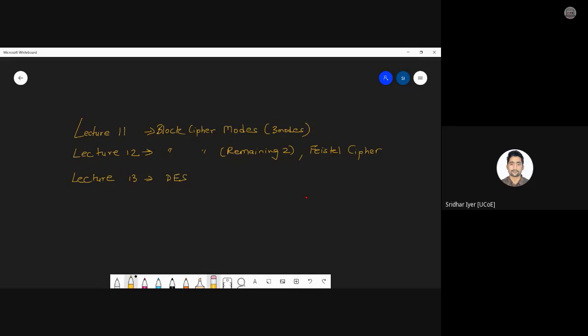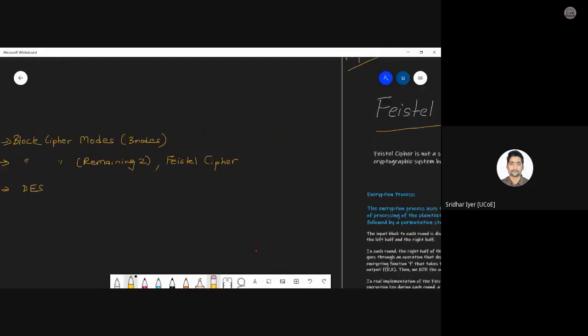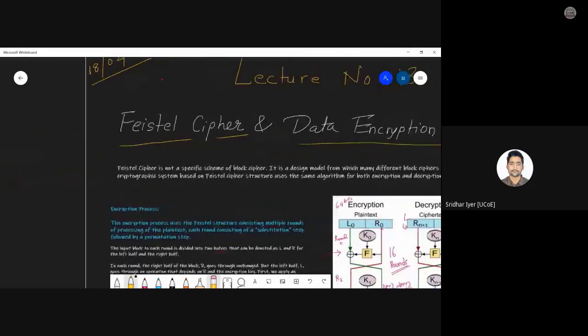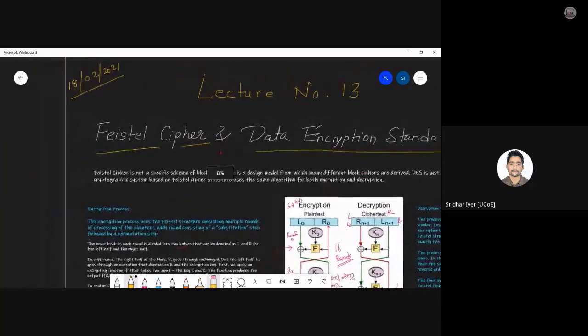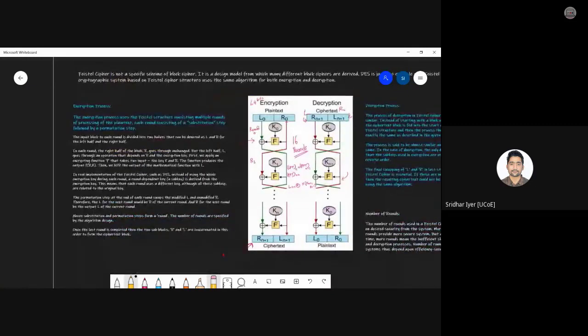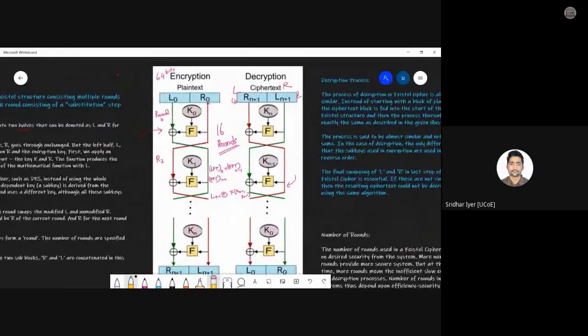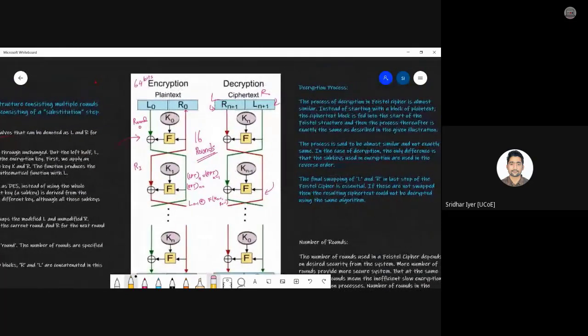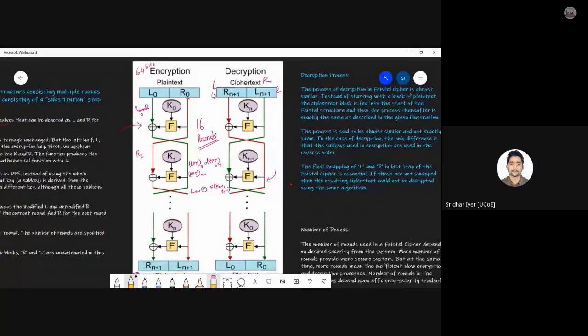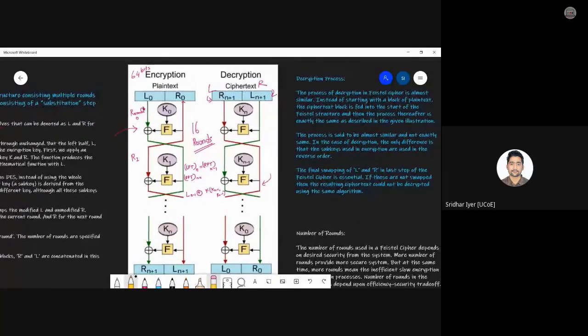So in today's lecture, we are going to start in detail what exactly is the DES, or the Data Encryption Standard. So without wasting much time, I would simply start with the Data Encryption Standard diagram, the very first diagram that you should understand. I will quickly go through it once again. We had seen this diagram in the previous lecture. We are meeting after a gap of one day, so I hope you would be able to recollect what we had done.